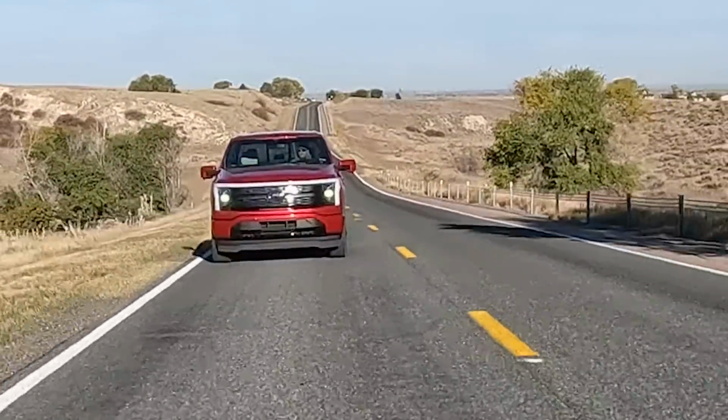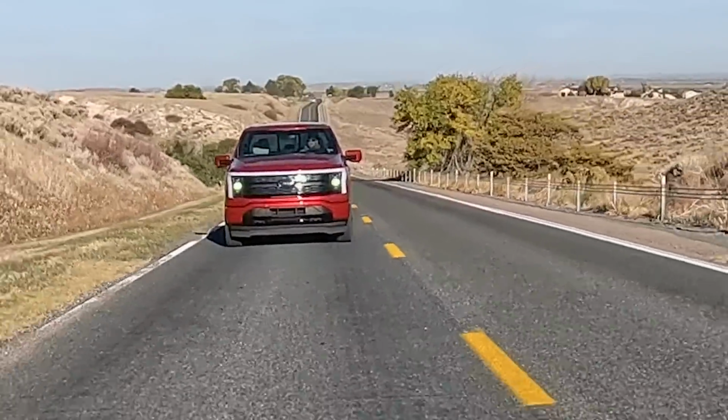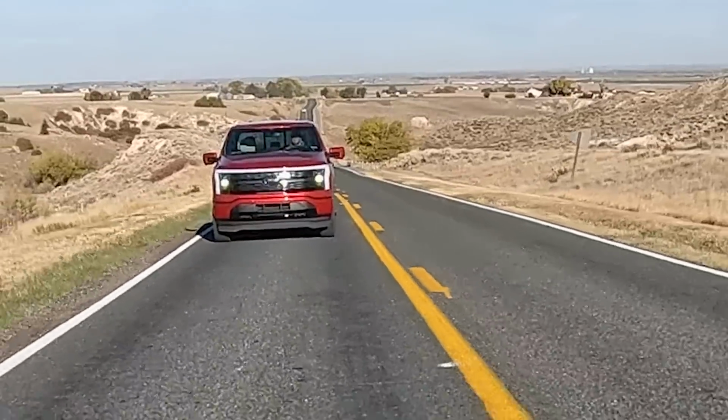So, yeah, it's quiet, it's smooth, it's powerful, it does all those things you'd want in a vehicle. Good road trip vehicle, really. And yeah, it is a great road trip vehicle. We've been using the front quite a bit for the luggage bin there, and we have some Chinese food